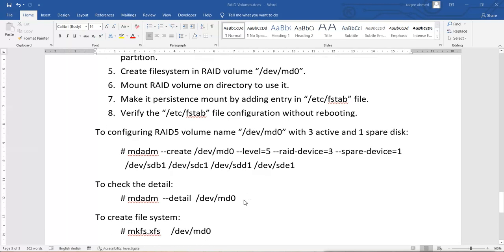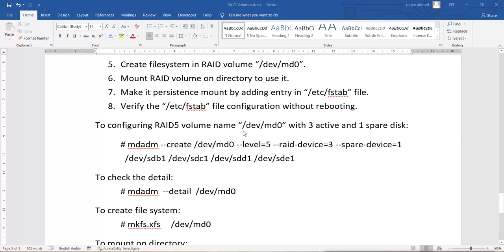So we did it like this. We added the disk, we converted it into the FD volume type, and then we created the RAID by using the mdadm command. I used level 5, and in level 5 the minimum requirement is 3 disks, so I used 3 disks, and I used one spare disk for it.